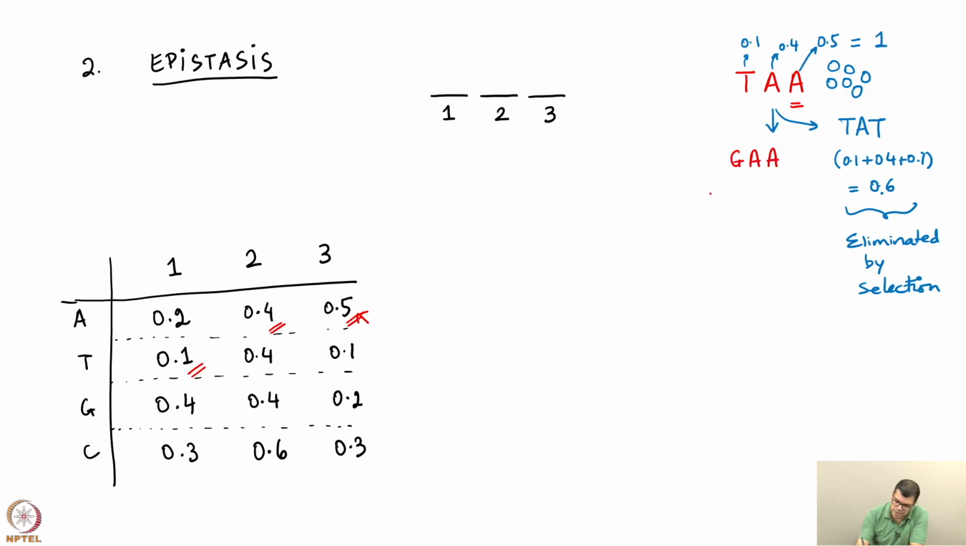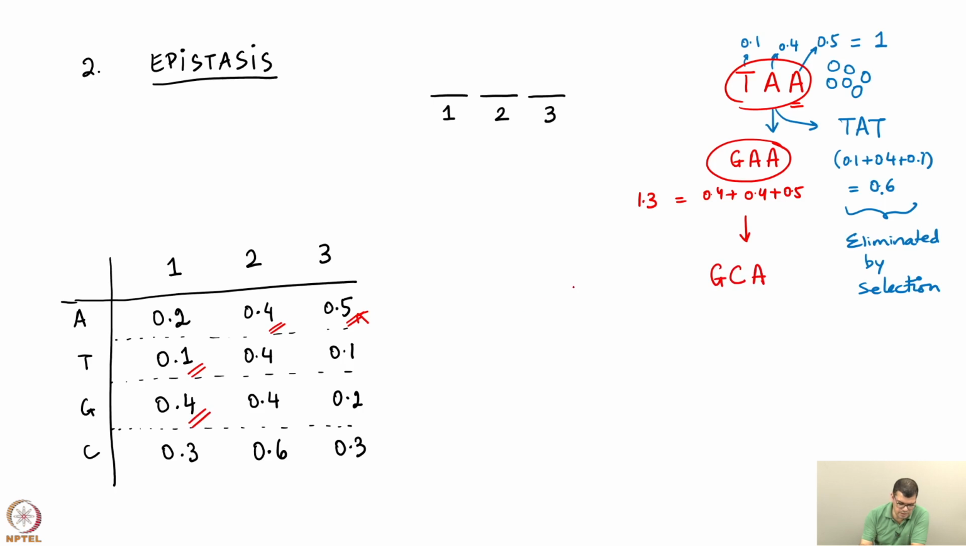That means the new fitness is going to be 0.4 plus 0.4 plus 0.5, which equals 1.3. So that's a big increase from what I started with, and that means the population is going to move from TAA to GAA. And now I see that even on position 1, I have the best possible fitness that I could have had. Now the only other change that will increase fitness is GCA,